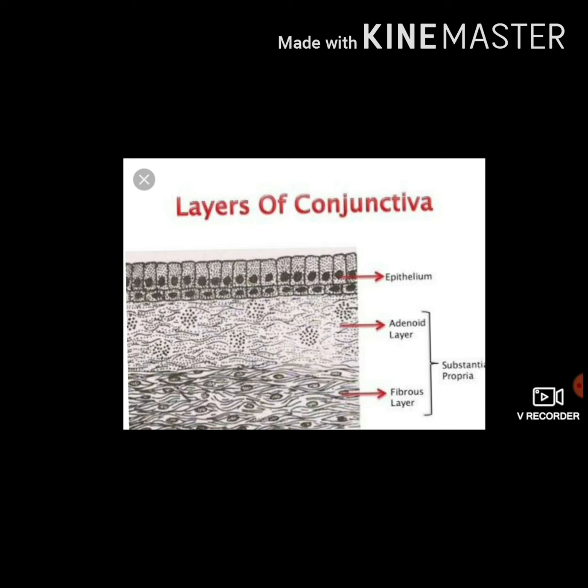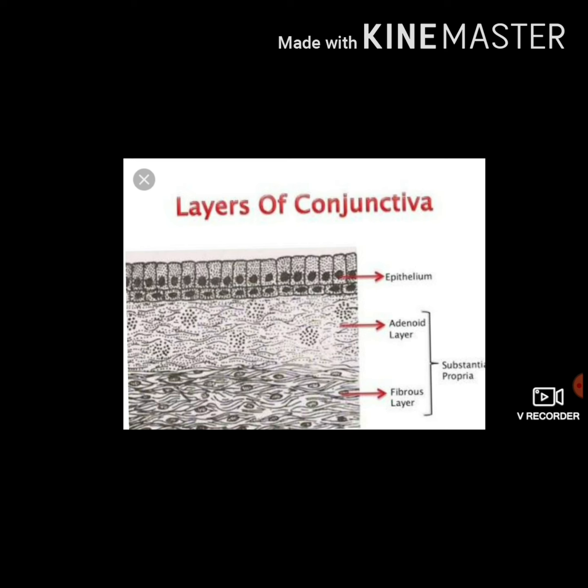As it goes to the tarsal part, it becomes 2. As it goes to the fornix and the bulbar, 3. At the limbus, it becomes 5 layered again. So from the margin 5, tarsal 2, fornix and the bulbar 3, again at the limbus 5, and it contains the goblet cells. The second layer is the adenoid or the lymphoid layer,